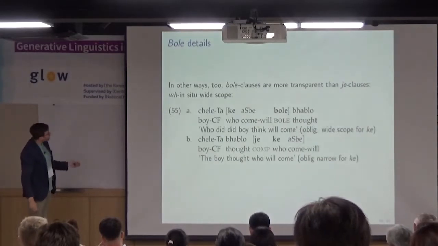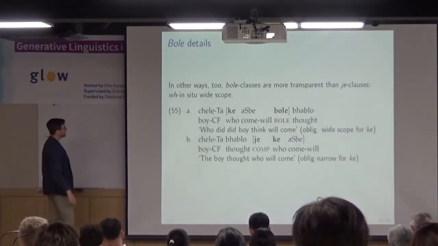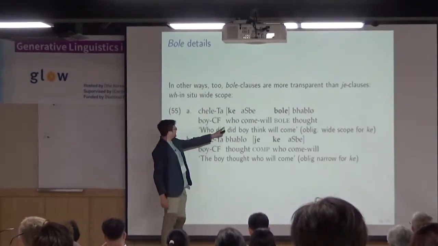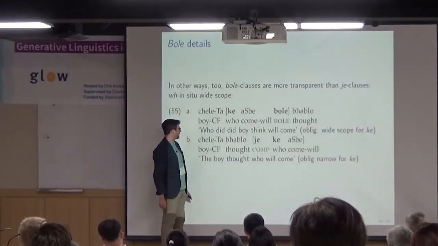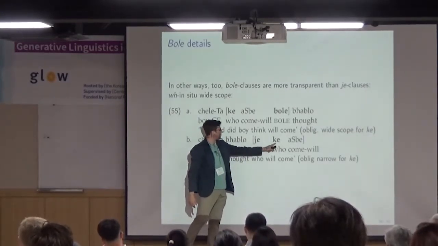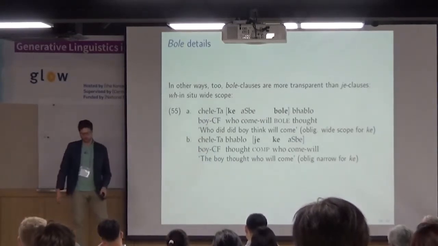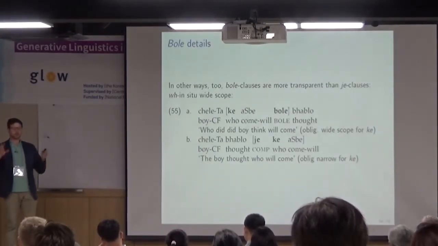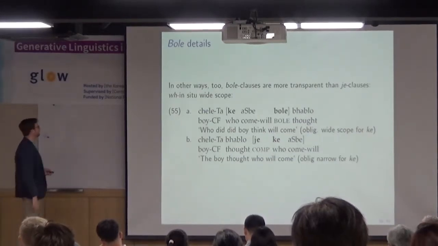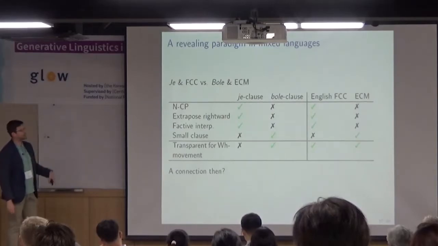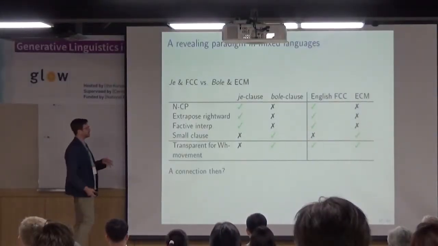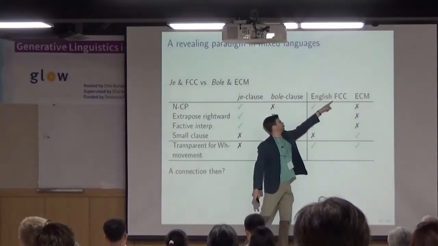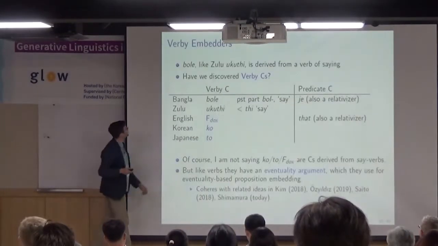Okay. And in other ways, bole clauses are a little more transparent than J clauses. So in bole clauses, WH in situ takes obligatory wide scope. So this means who did the boy think will come, whereas in J clauses, the WH word takes obligatory narrow scope. So in that sense, the bole clauses are more transparent. Okay. So this is this connection. There's something tantalizing about comparing bole clauses to English ECM and J clauses to English finite clausal complements. That's what I mean here, finite clausal complements. Okay, so